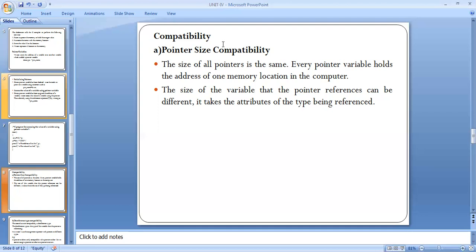Pointer sizes are all the same, meaning each memory location is the same size. For example, I am taking the integer data type. Integer has 2 bytes of memory, and that's why each memory location is the same size.